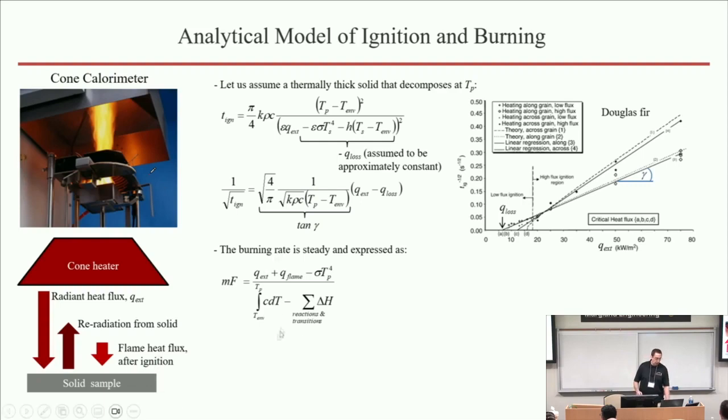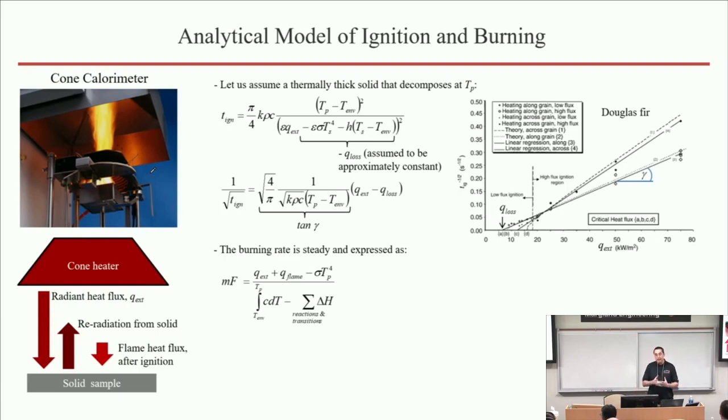The first term is associated with the sensible heat. This is simply the energy that is required to heat up the material, and the second part is associated with the heats of reaction that need to take place in order for the material to produce gaseous volatiles. Now, that minus sign may be plus or minus depending on how you define heats of reaction. In this particular case, the negative means endothermic. So endothermic heats are actually added to the overall expression, just for clarity.